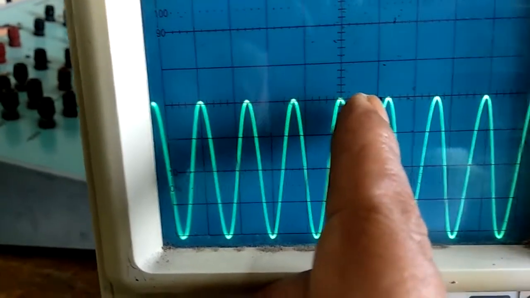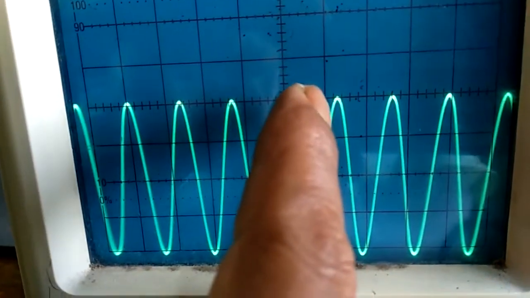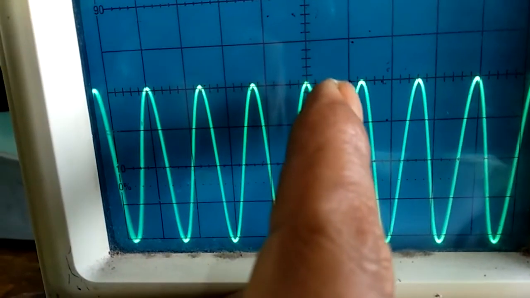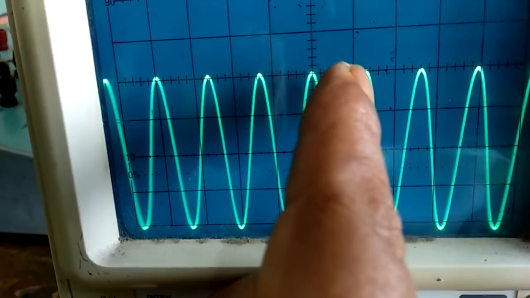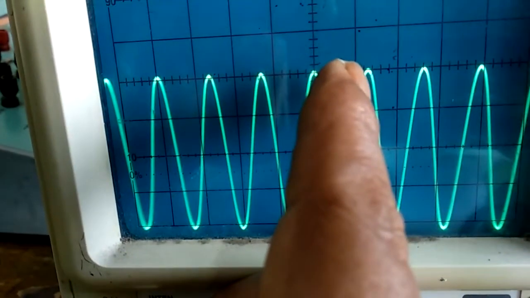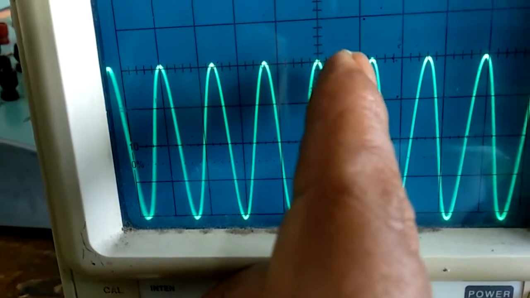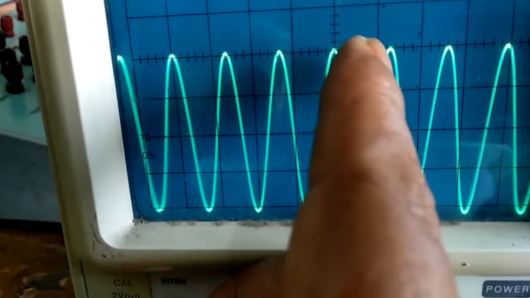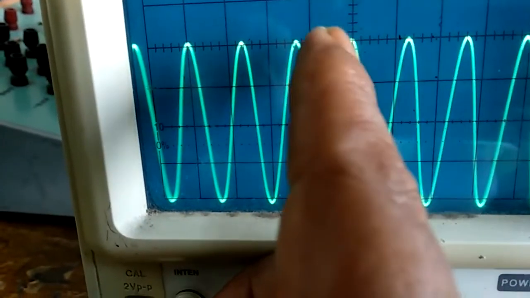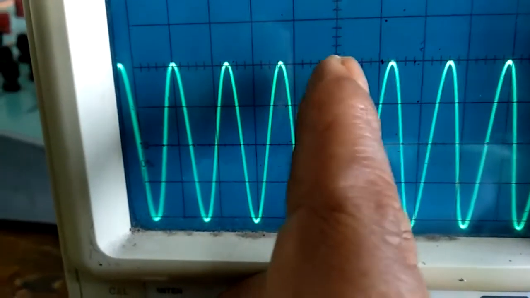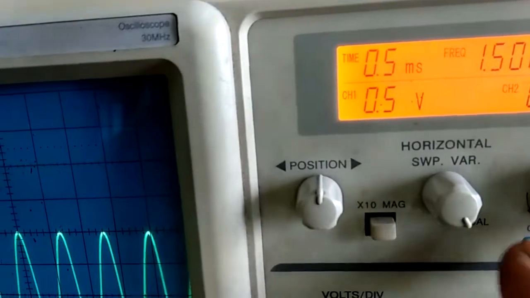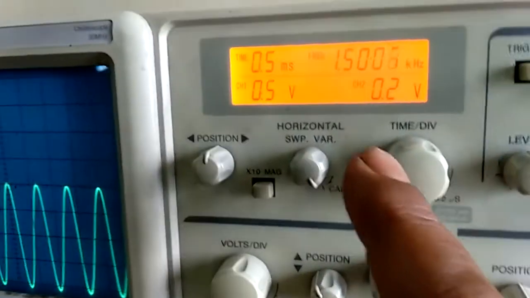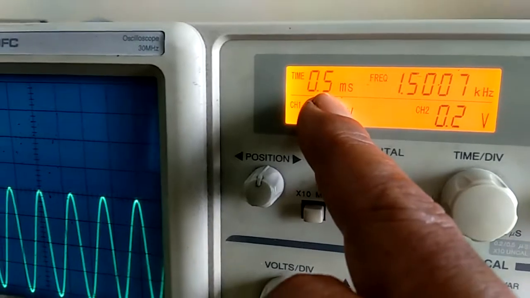This is one division, and then after a small subdivision, your peak lies between the first and second small division. So take it as 0.2 plus 0.1, 0.3, and this is 1. So your entire peak to peak time difference will be 1.3 divisions, and at that time the time base was already set in calibrated mode, at 0.5 millisecond.